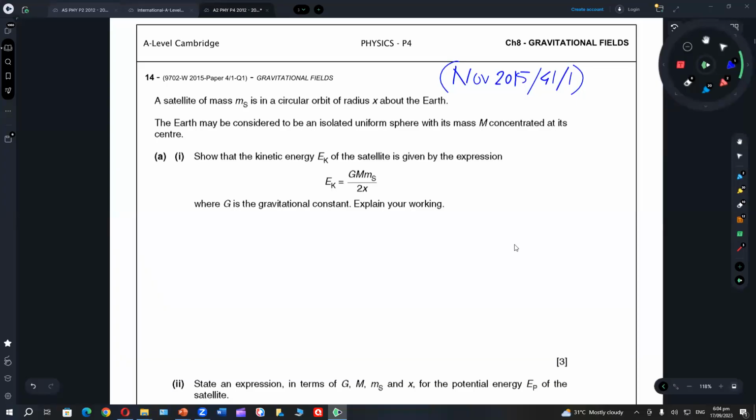So we are doing questions on gravitation. This is another class on gravitation. I'm doing November 15, 41-1. A satellite of mass ms is in a circular orbit of radius